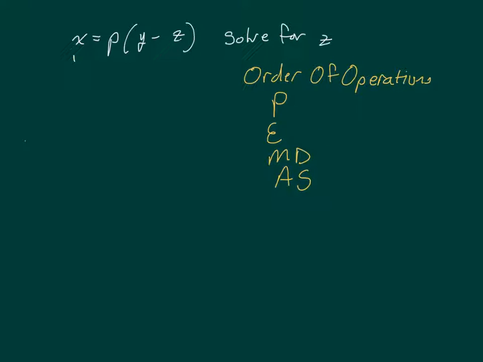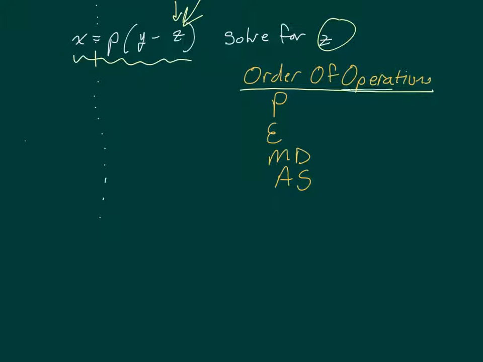We're being asked to solve this literal equation for z. That means we're focusing all of our attention here, and we have this imaginary line at the equal sign. So you have one side and the other, and we're trying to get this z all by itself. Anytime we're solving, we're going back to our old friend order of operations, but because we're undoing it,